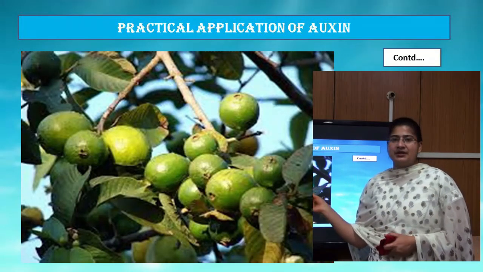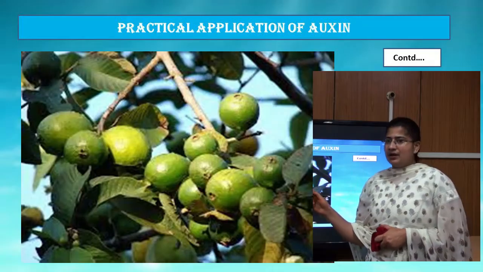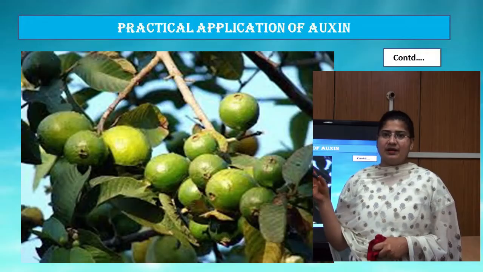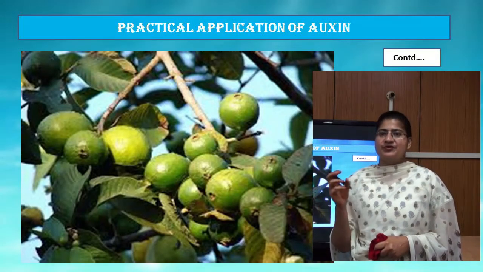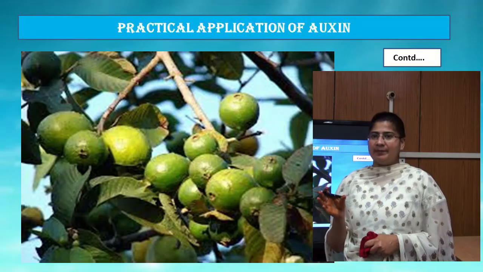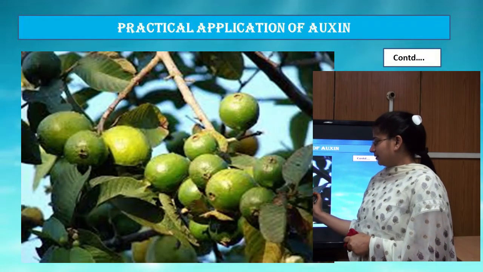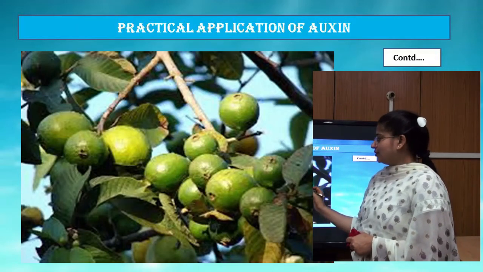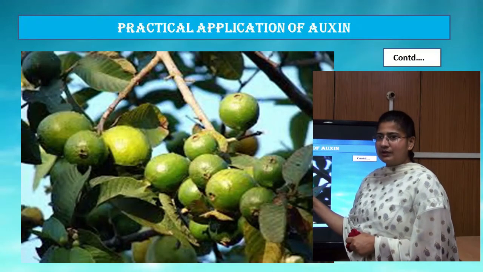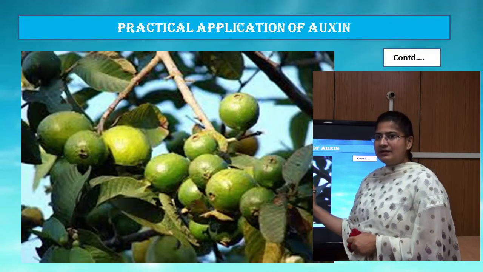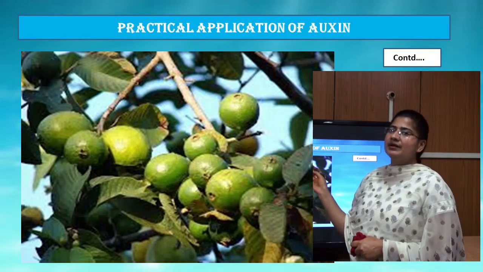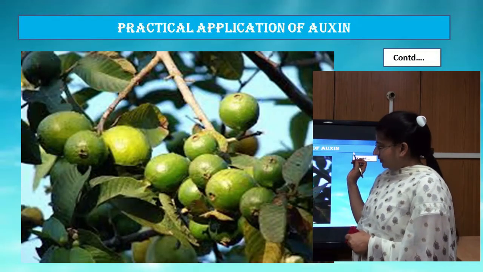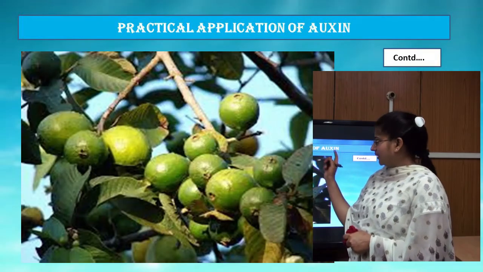Similar is the condition in fruits like guava and apple. You would have seen in your orchard that there is profuse flowering or profuse fruiting, especially in guava or apple, and a large number of fruitlets are there in the bunch. If there are so many fruitlets in the bunch, there will be diversion of nutrients and water among all of them. As a result, the marketable value of the fruit will be reduced. The quality and size of the fruit will be reduced. So we generally thin these fruitlets by application of auxin.